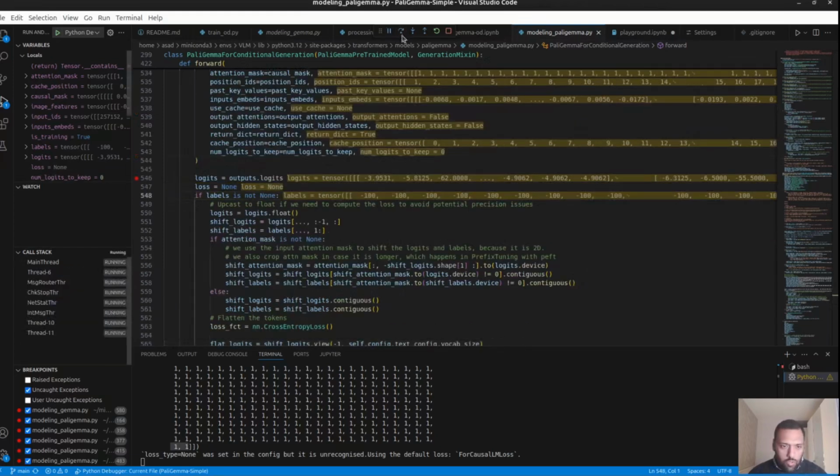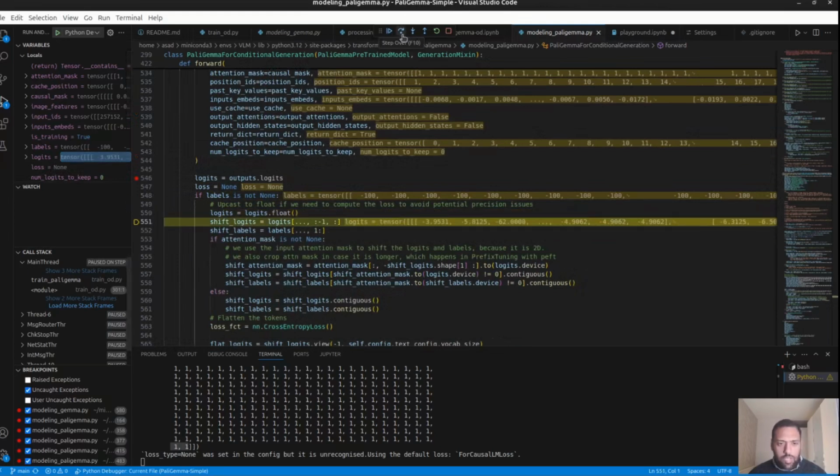Now going to the loss. If you remember, for an autoregressive language model, for each token we are trying to predict the next token. So the logits become all logits except the last one, since we don't have the next value for the last one. The labels become from the second token, because it's 0 indexed, so the first is actually the second token,